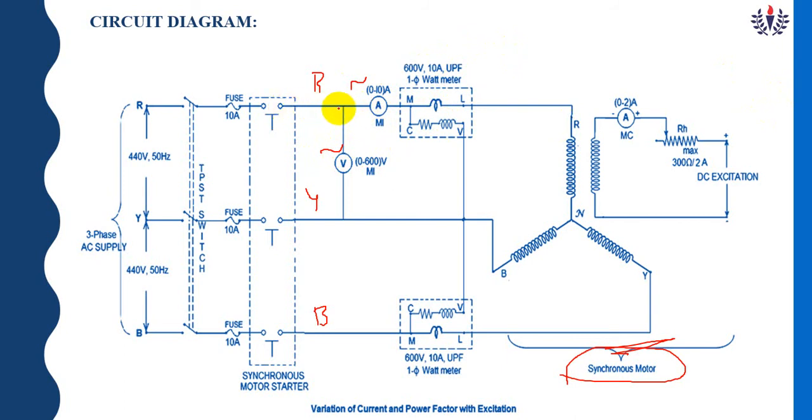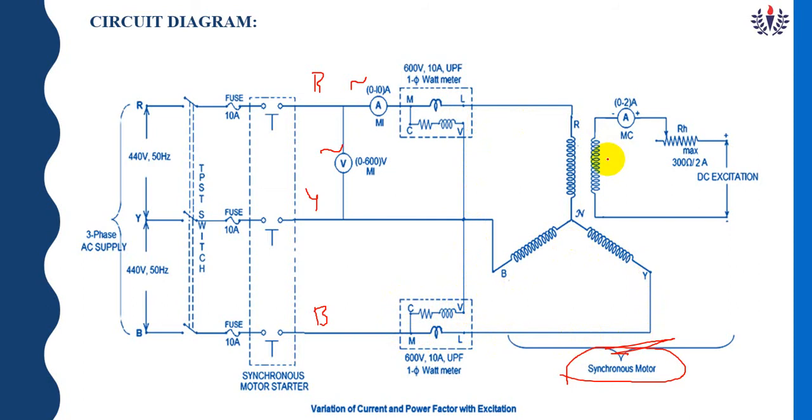Next, a wattmeter of unity power factor is connected. I will explain from the R point: the R phase is connected to the ammeter, the ammeter to the wattmeter current coil, then to the R phase of the machine, and Y to Y, B to B, should be RYB. Then another wattmeter current coil goes to another terminal of the machine, and the voltage coil is connected as shown in the circuit of the wattmeter.